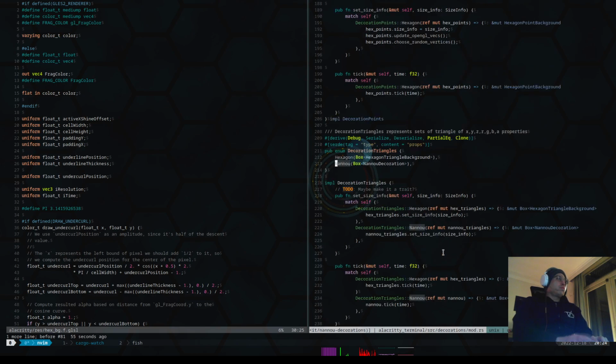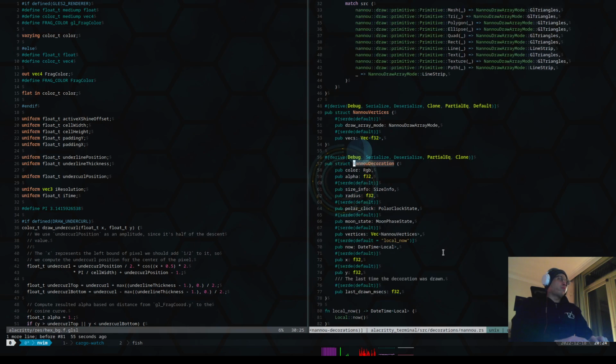So let's go into the definition of the decoration triangles. We have a box of a Nannou decoration, and then we have a color and an alpha, and this is going to be something that we do for a general setup. So for example, the moon is going to be using this color, but the alpha is not really an alpha, it's an alpha multiplier. And then we have a radius here of where we want to draw. So this may be reused by other things. If we go, for example, into the polar clock,